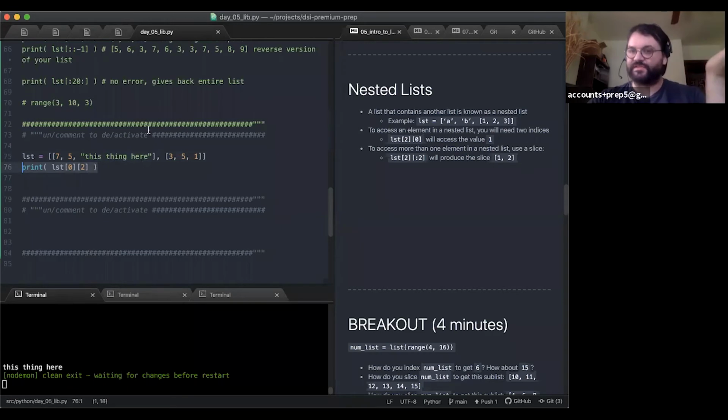We haven't discussed this explicitly in terms of strings yet, but given that I'm saying everything we're learning about slicing and indexing also applies to strings, right? So list sub 0 sub 2 is a string. Therefore, it's sliceable and indexable. When you index into a string, you just get a character. When you slice a string, you get a section of characters.